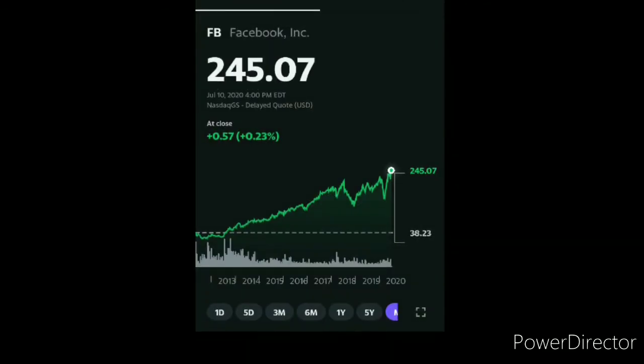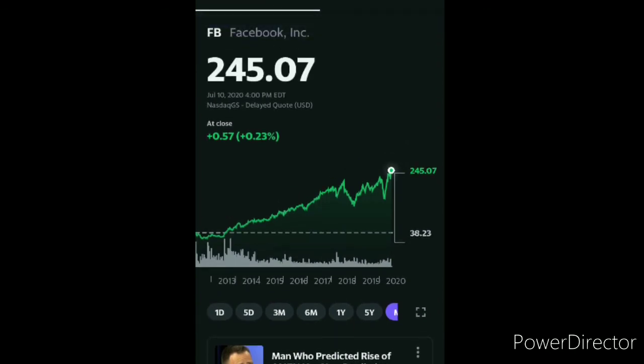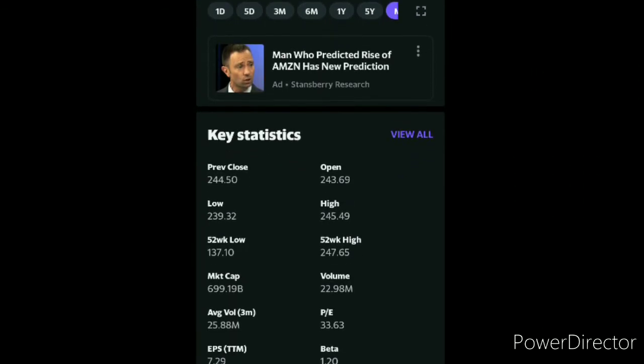let's go back to Facebook. Like in Facebook's case, Facebook owns Facebook, and it also owns Instagram, and I mean, it's just like the leader of social media. So I sleep better at night knowing my money is in something like this than something smaller. Don't get me wrong, I have some other smaller stocks too, but most of my money is invested in large cap, because I just feel that the large cap companies are basically going to dominate the market, and they have a lot more influence on the world than something smaller, because something smaller can get taken out easier by a larger company. That's just my thinking on it. Okay,